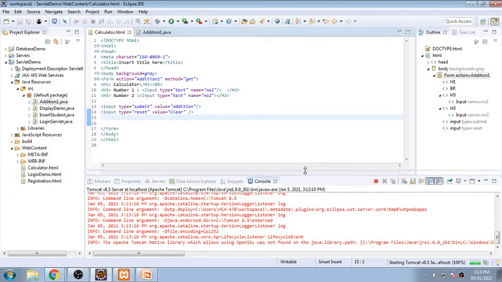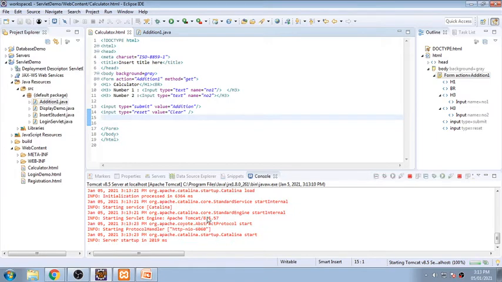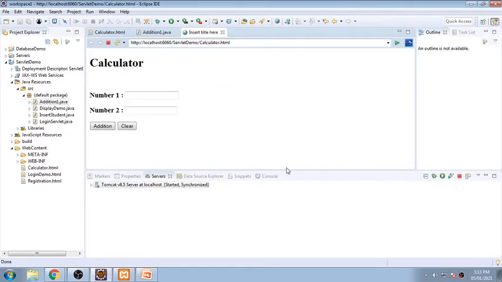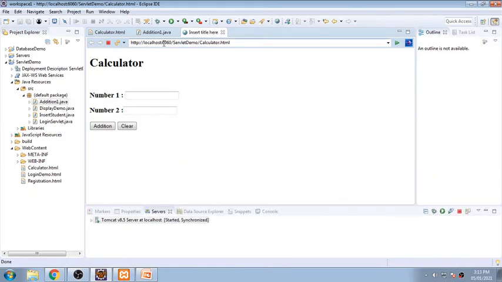The bottom side is a console that will display the program compilation and so on, and after that the browser will be displayed. See, it is localhost. I have changed my port number, so that was one of yesterday's errors. The port number is 6060, servletdemo is the name of my project, and in it there is a calculator.html that is stored directly in the web container, in the folder called WEB-INF.